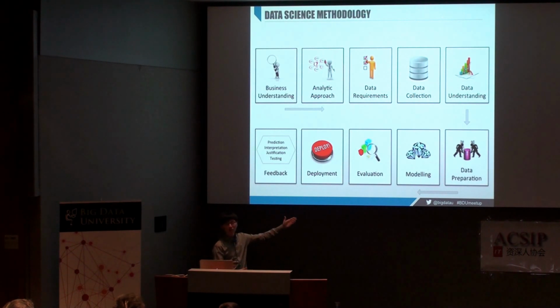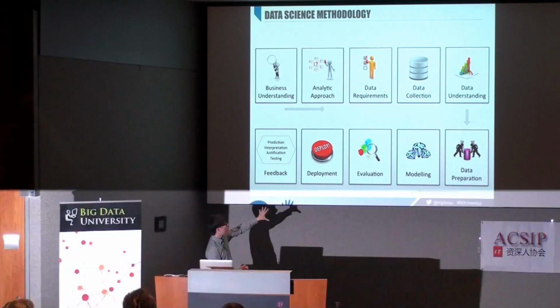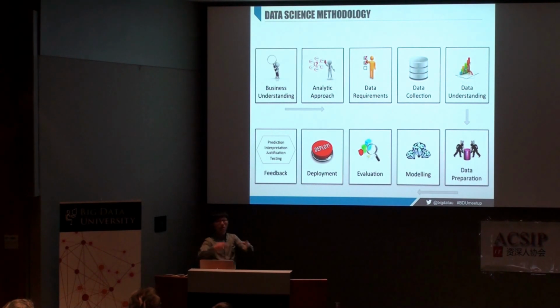Okay? And as you can tell, it's very iterative. So even if you end with feedback, sometimes you might go back and come up with another business problem. After having created some sort of model, you realize, oh, I'm missing this, or what if I could have done this? Then you go back to the first step and continue in these kind of cycles.